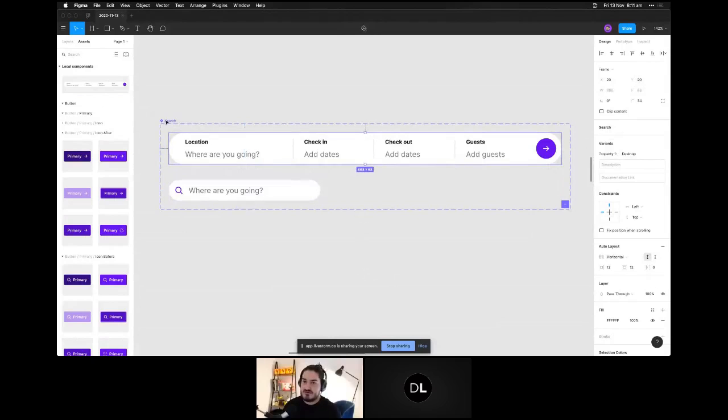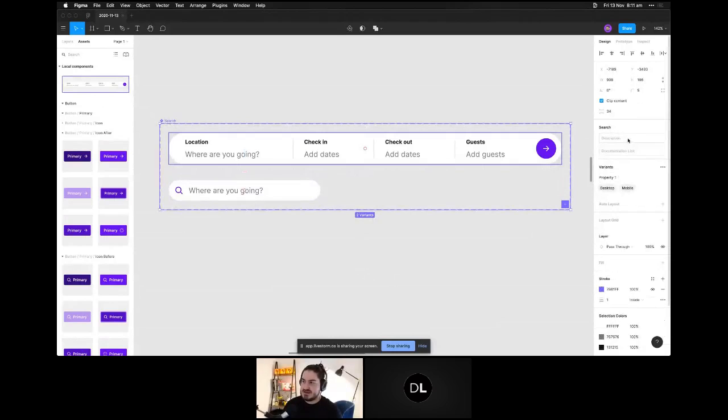So what we then have in our variant set is our properties and our values inside of this. When we did that slash, what that denoted to Figma is that this is a property of the search component. Because I had search slash, it took the first part before the slash and said, this is the main name for the component. Anything after the slash will be used as a property value. It doesn't know what the property value is called, so it just gives it a generic name like property one,